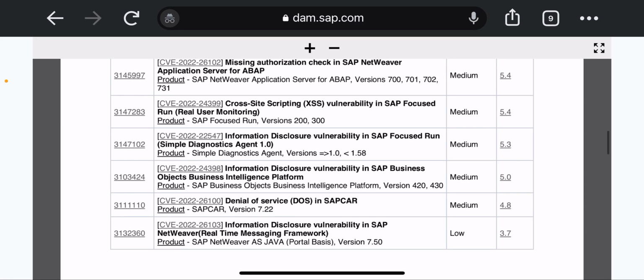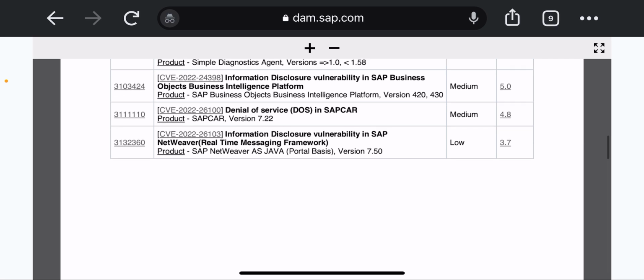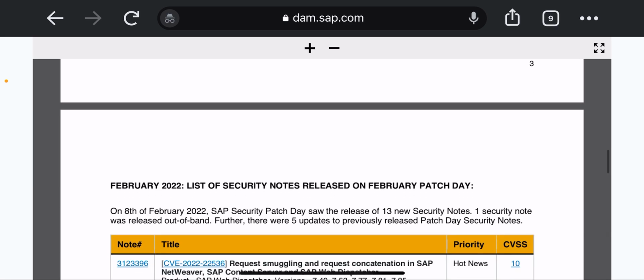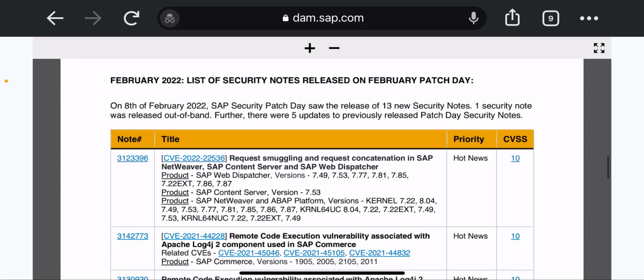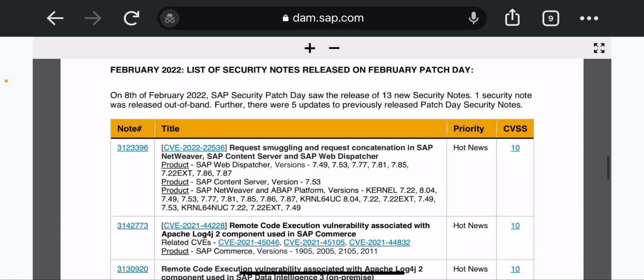And technically you should have a patch Tuesday process in your company. If you don't, then talk to your basis and security teammates and see how you can create the process to apply these, because you cannot just apply them into production. You need to apply into sandbox first, then dev and test, have some testing, and then plan to apply on production. Okay. Again, this document talks about the February one as well,